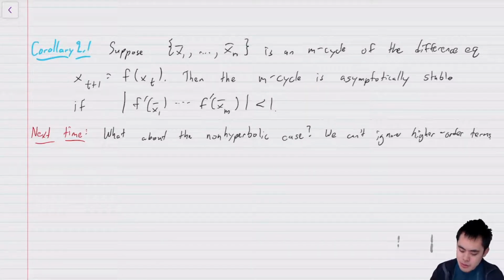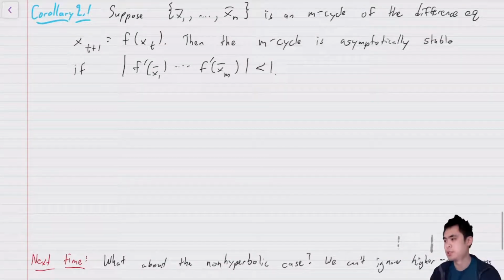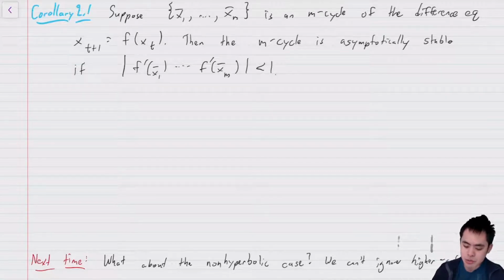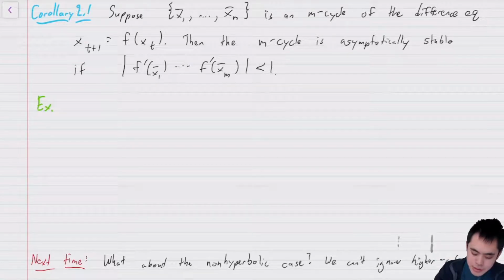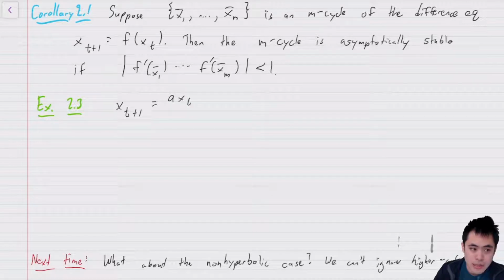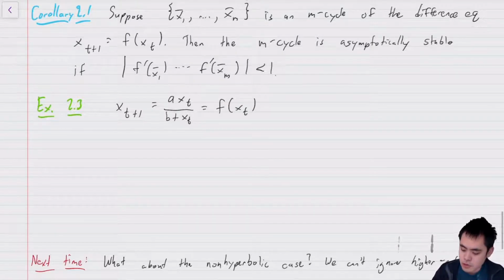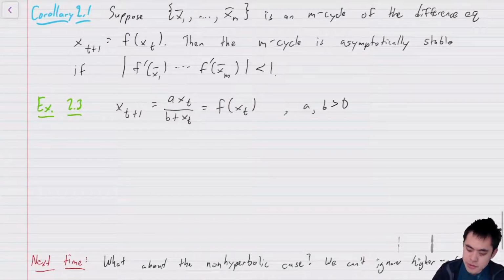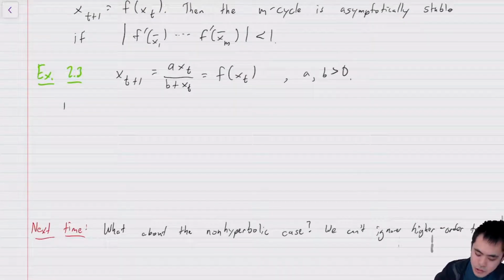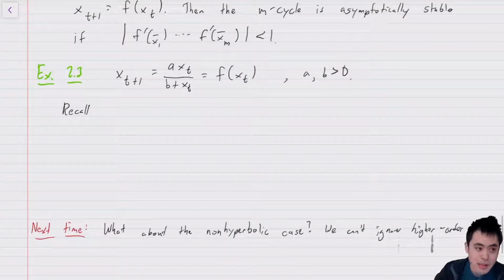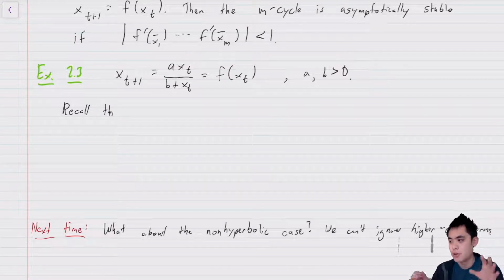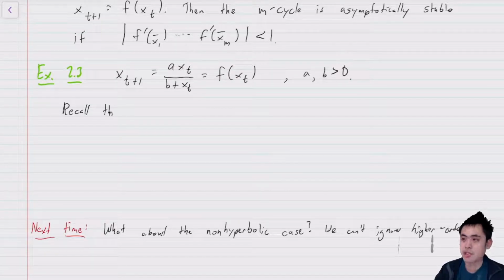Okay, but now let's give a couple examples of this just so that we're all on the same page. We're going to reuse one of the examples from the last set of videos. So this is going to be x sub t+1 is equal to a x sub t over b plus x sub t, which is equal to some f of x sub t. So that's our function, and we have a and b greater than 0. Recall from the previous video, where we were on section 2.2,